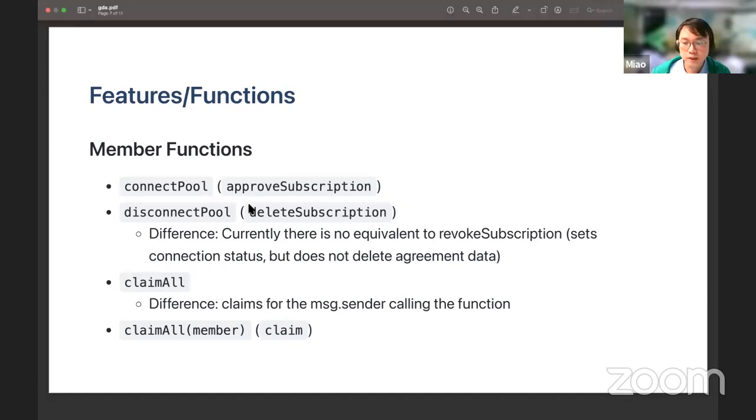It may be down to too much detail, but I just want to mention at least that connect pool, you have to specify an address, which I think should be a little bit clearer about the function signature, it's a bit too loose here. So you're actually connecting a pool address, and that cannot be any address. So it's maybe worth mentioning the design principle that all the pools are registered to avoid security issues, right? So you can't just connect an arbitrary address, and the pool has to be